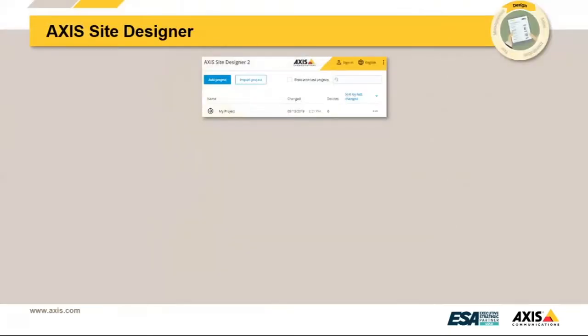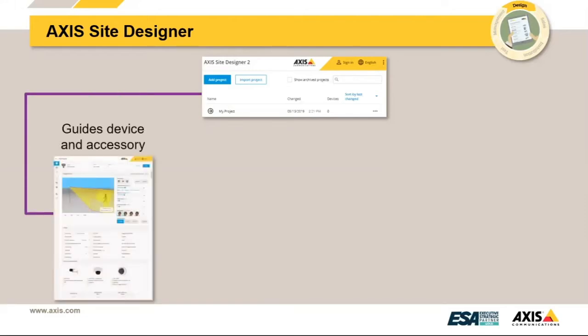So the first one that, again, most people are most familiar with is going to be Site Designer. So if you ask what's in a name, well, Axis Site Designer, it's a tool to help you build Axis sites. So we'll go through and do a quick demonstration of Site Designer. So we'll get through these slides here very quickly, but as an overview, what we can do is